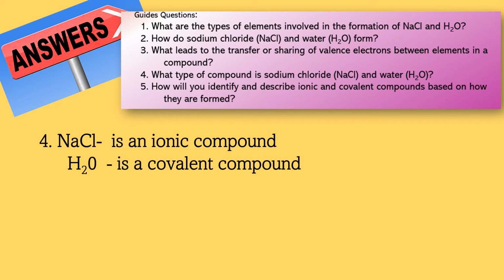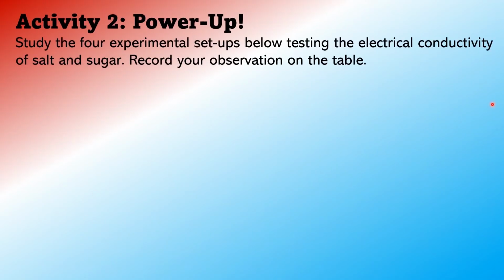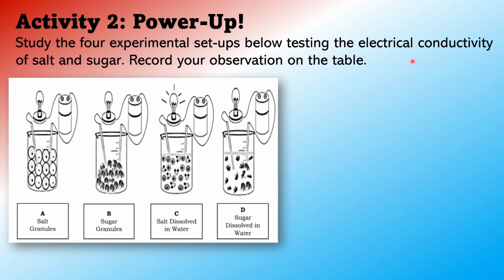Number 5, how will you identify and describe ionic and covalent compounds based on how they are formed? Ionic compounds are formed by transferring of electrons from metals to non-metals, while covalent compounds are formed by sharing of electrons between non-metals. For activity 2, Power Up, I want you to study the 4 experimental setups below, testing the